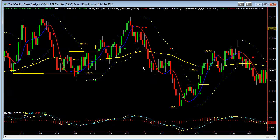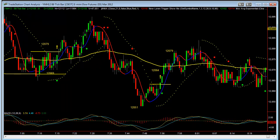Our third trade of the day, let me just scroll over here. And before I go over this trade and why I took it down here,